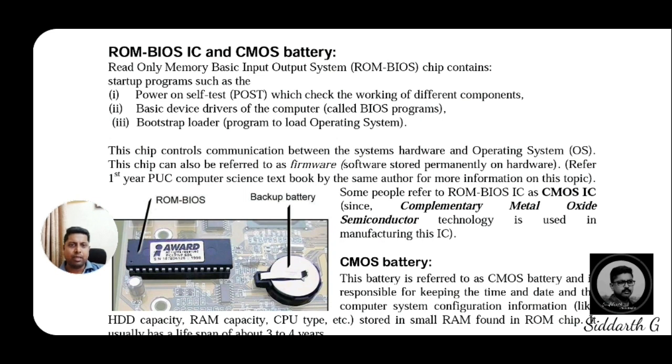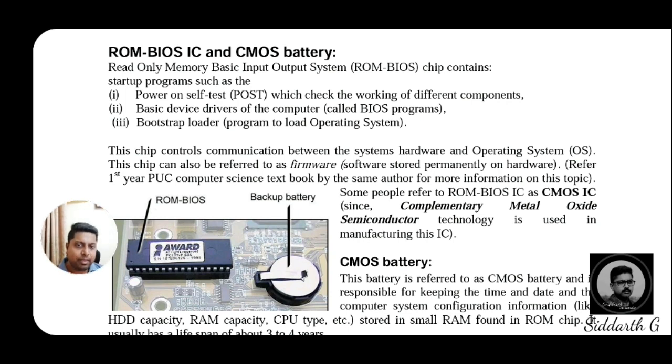BIOS will perform the power on self test, POST, which checks the working of different components. It will check itself before turning on the computer, whether this device is properly working or not. This is the functionality of BIOS.